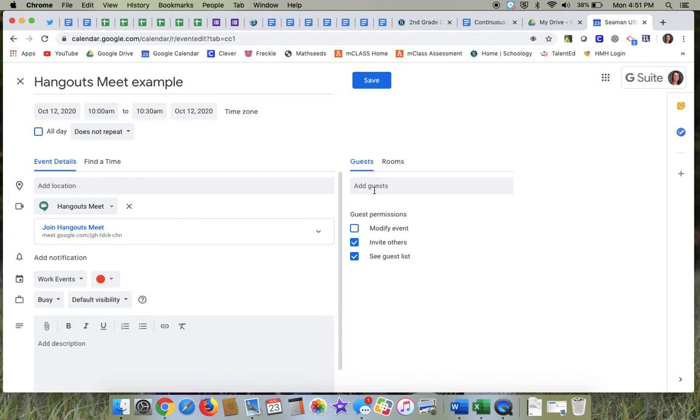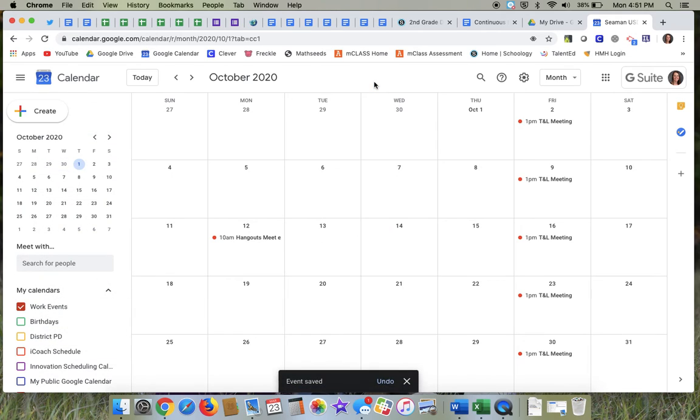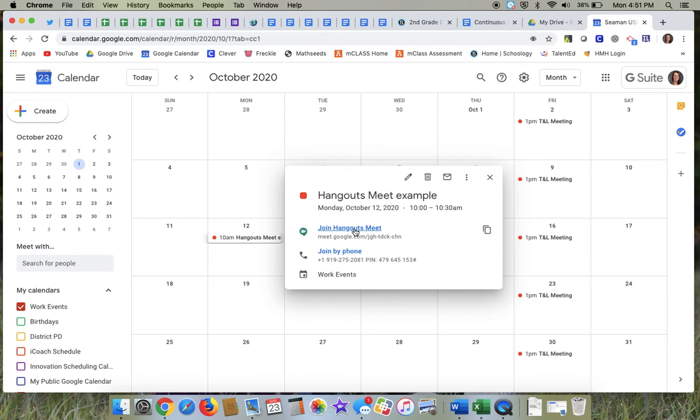Once you have specified who you want to send it to, you can click Save in the upper right-hand corner. And once you do that, that's going to create your event right there on your Google Calendar. So all you have to do at that point when it comes time to join your meeting is go onto your Google Calendar, click the event, and you can say, Join Hangouts Meet. So it's as simple as that,